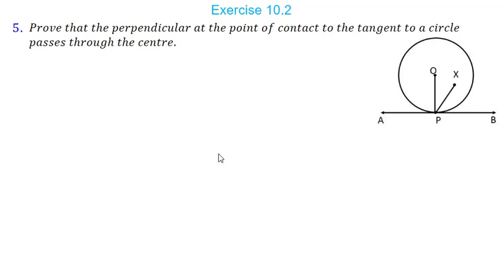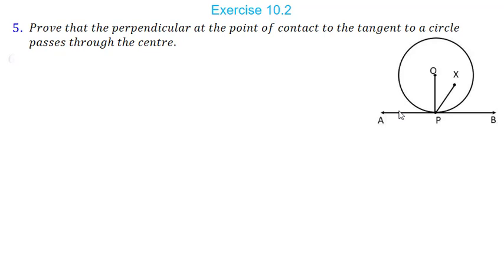Now in this kind of proof, we take a contradiction statement. We say that PO is not perpendicular, and hence we draw some other perpendicular, and finally we show that after drawing some other perpendicular, we get a statement which is not correct, and hence our assumption is wrong. This we have also seen in the first chapter, Real Numbers.